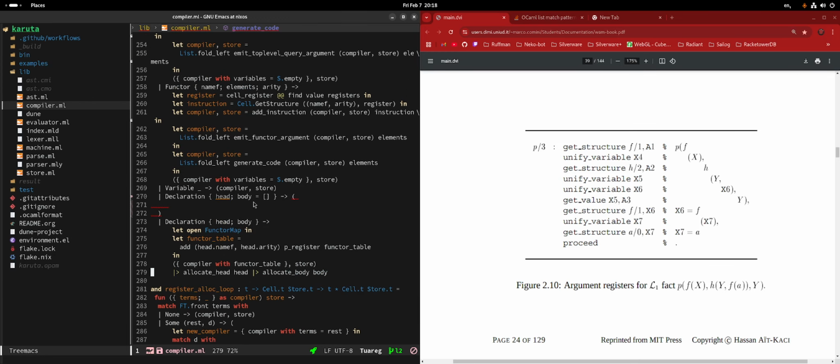By the way, I'm thinking, given that there's this proceed at the end, I think that the idea here is to just execute all the facts before running the program, which means we will probably need to reorder where the code gets emitted so that all the facts appear first, then the query, and then the other predicates that are not facts.